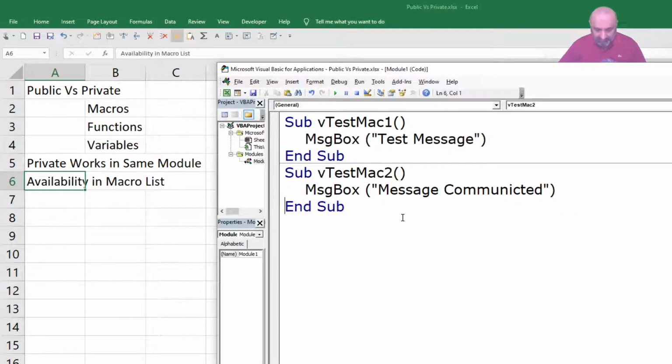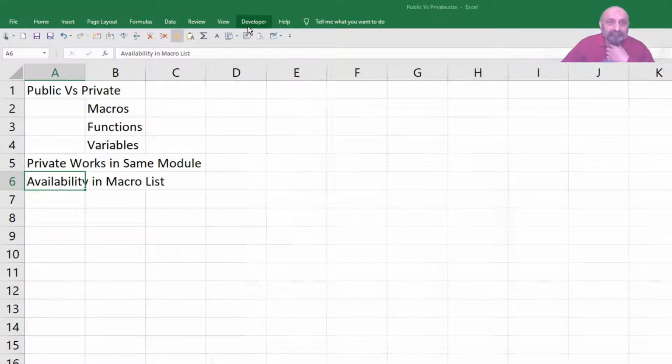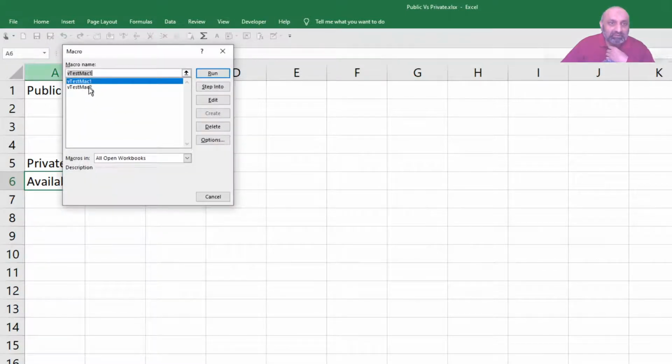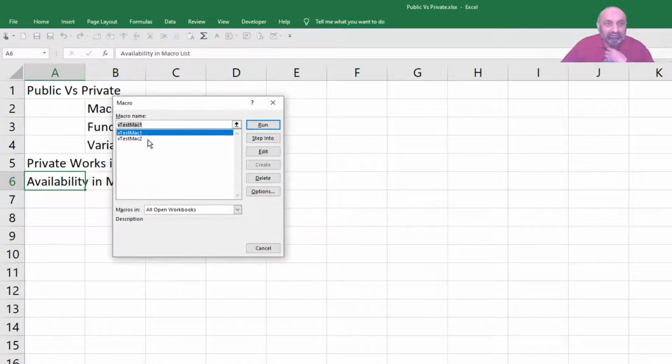So perfectly all right macros, but if I go to developer and list of macros, both my macros are present. I hope you can see this. This is test mac1, this is test mac2.